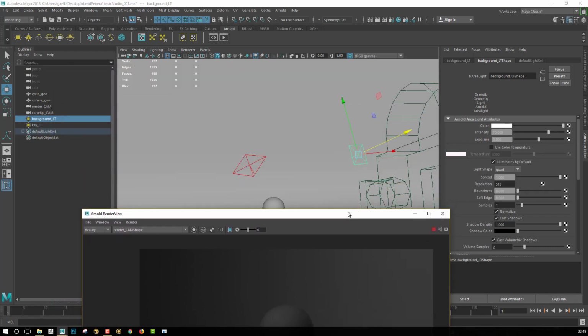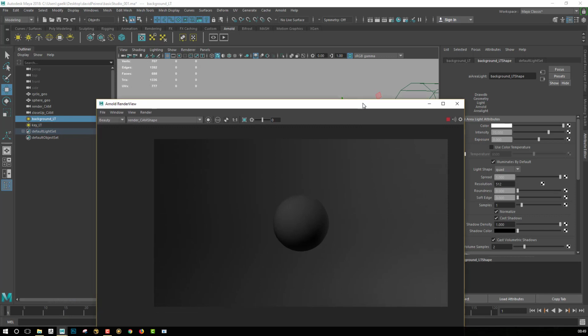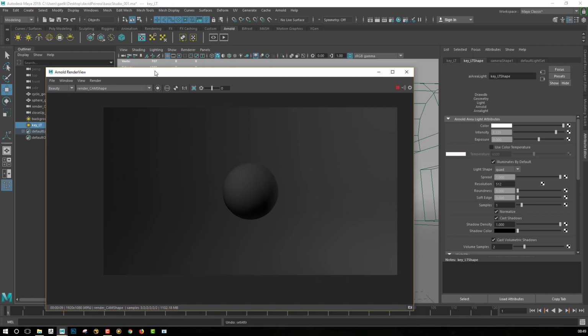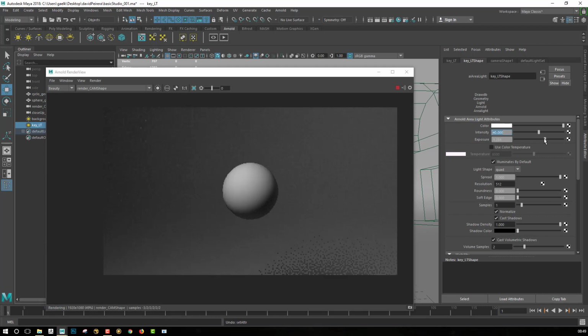So this is for how to play some basic environment lights in our scene, and then just to show you how the lights are working. So I will select my key light, and then I will play with the different parameters. So here, something that I may want to do from the beginning is to adjust first the intensity, something like 40. Then, just like I told you, we can play with the exposure. But let's keep it at 0 for the moment.